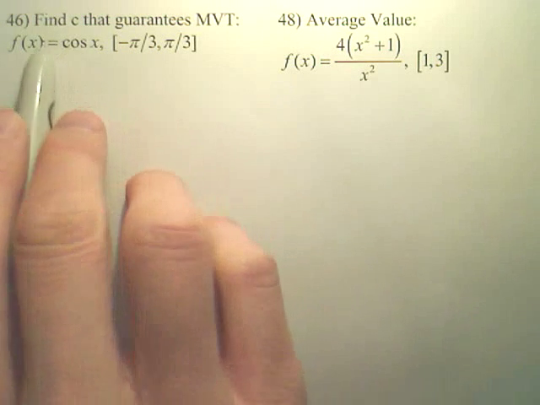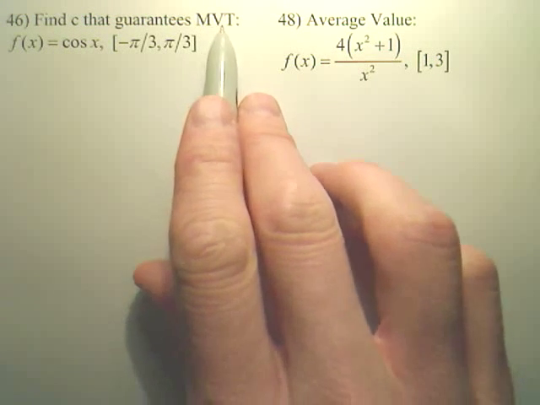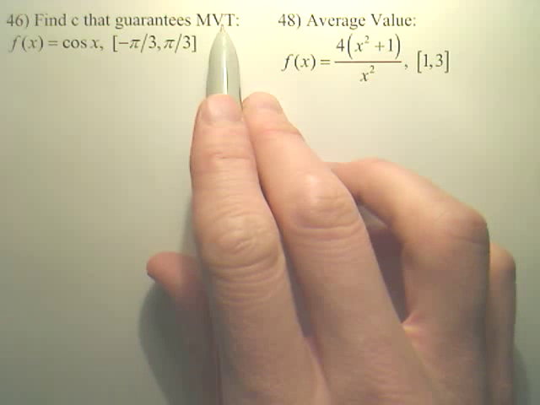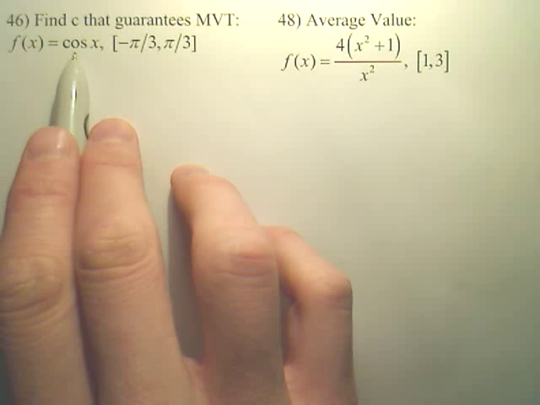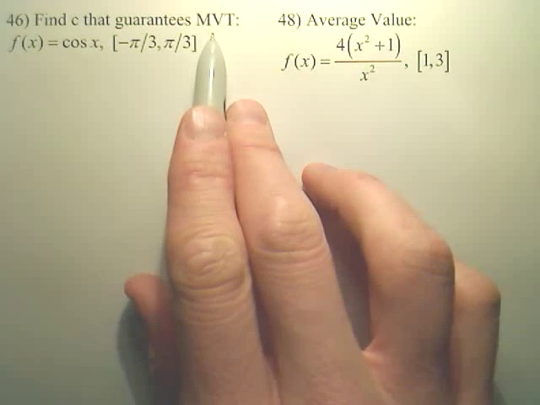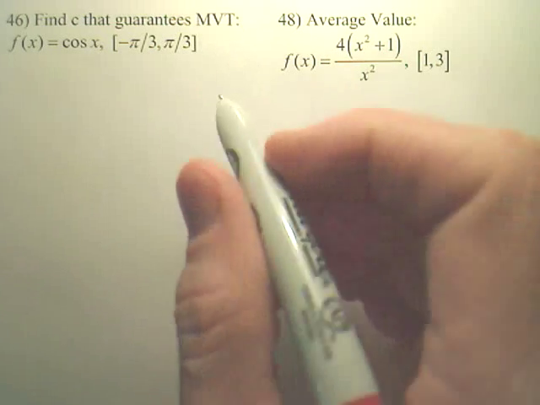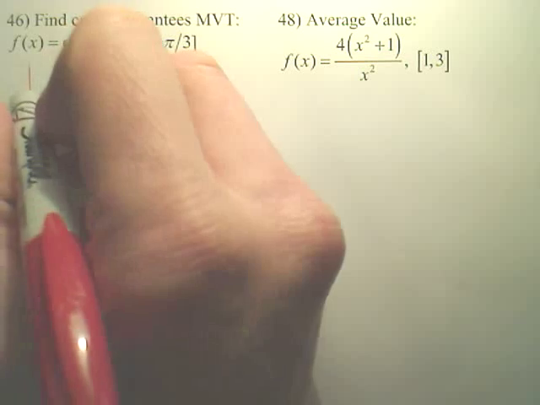Alrighty. I want to find C such that the mean value theorem is guaranteed. Now, first of all, for mean value theorem, it has to be continuous on the interval. Is it? Yes. So, the mean value theorem basically is saying, hopefully you know that cosine